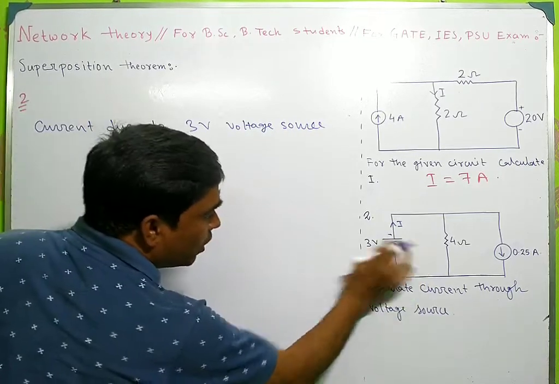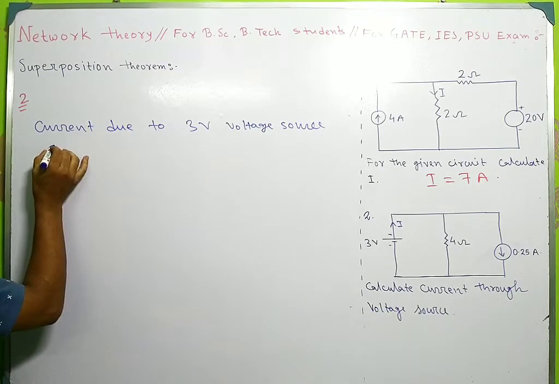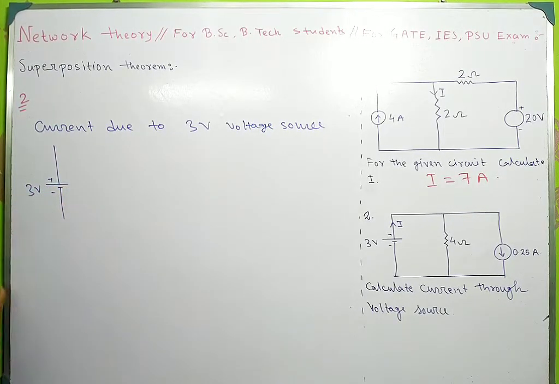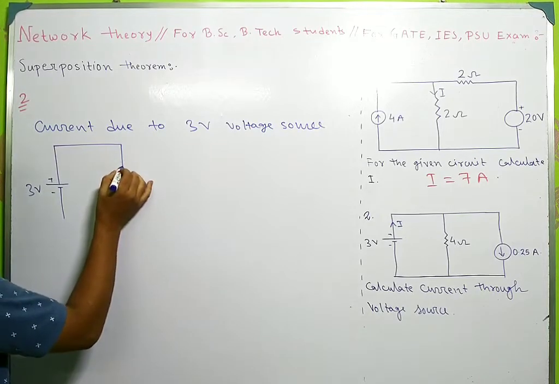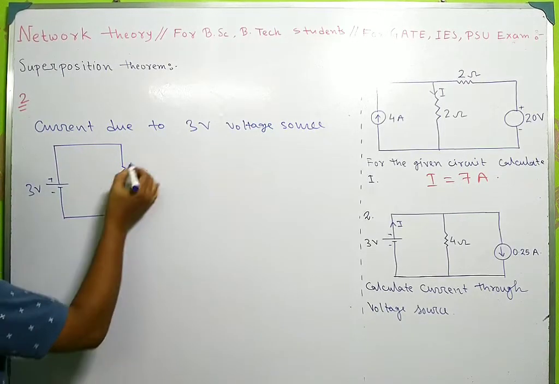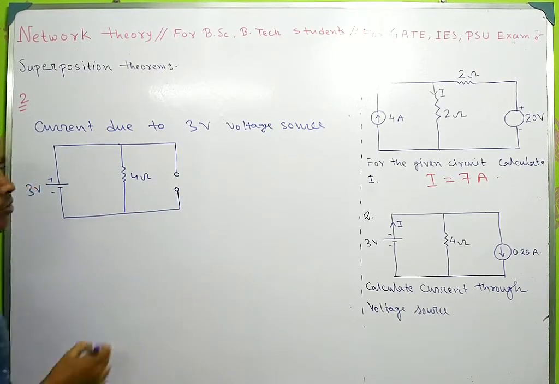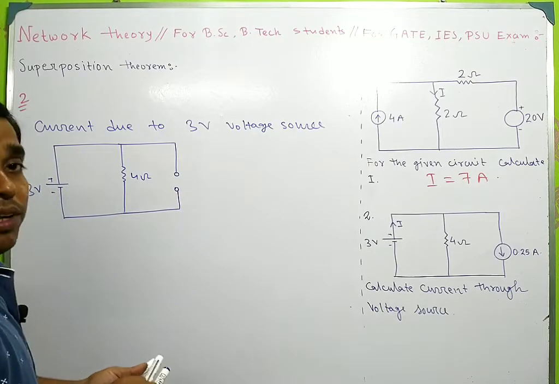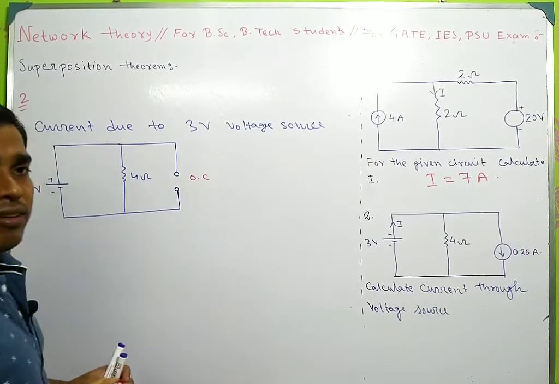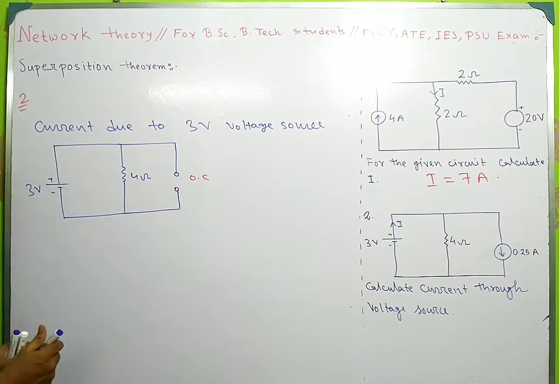So you have to redraw this circuit. So this circuit will be: this is 3 volt, plus minus, so it is 4 ohms, and this current source will be open circuited